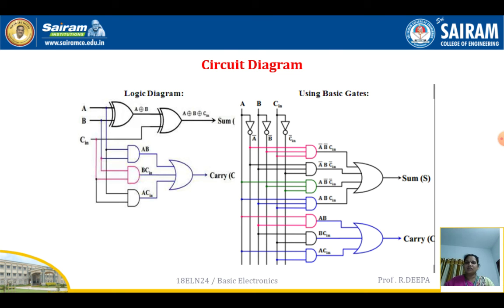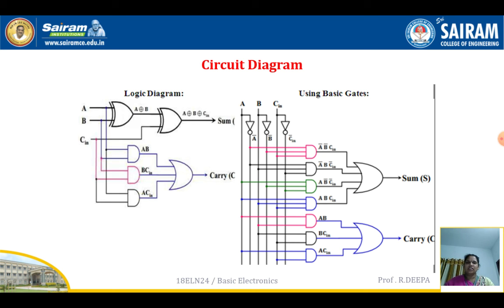And for the carry, we have the expression AB plus BC in plus AC in. This can be implemented using 3 AND gates and then a 3 input OR gate.